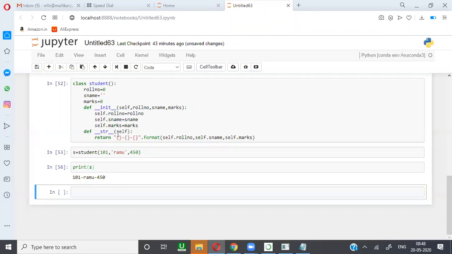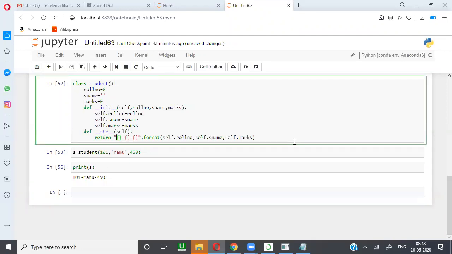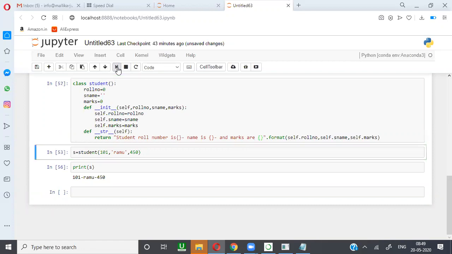If you want to display a message, you can display it here. So for example, student roll number is, okay, name is, and marks are. So like that you can define it.